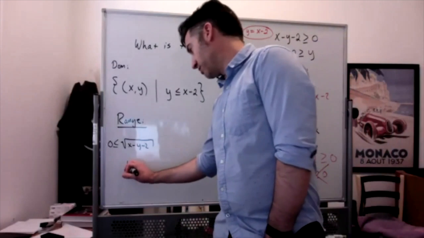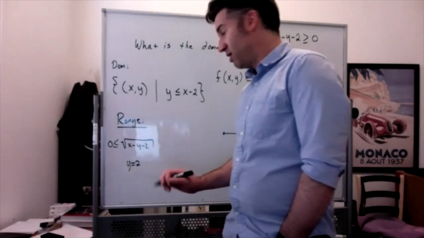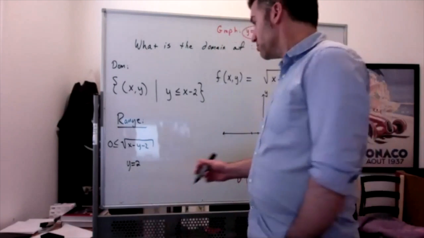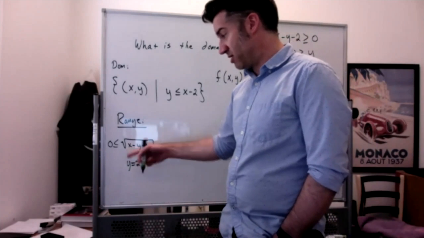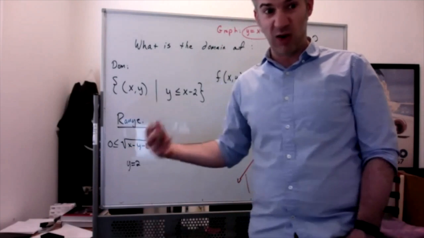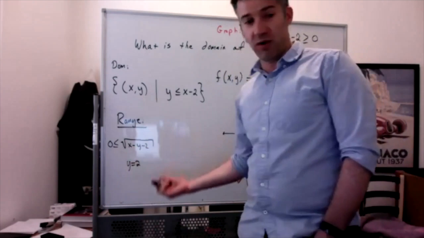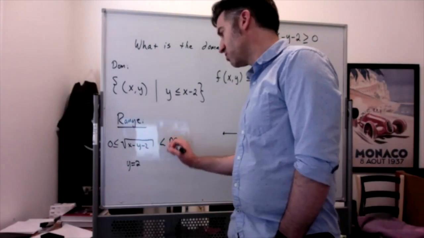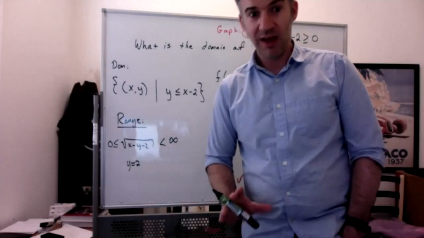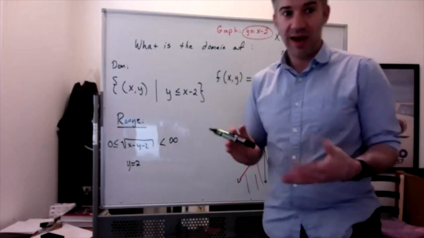So if I said y was equal to 2, for example, then x could be anything. So if x is anything, then, well, certainly, right, I just got the square root of x at that point. As x gets bigger and bigger, the square root of x also gets bigger and bigger. So a lot of this range stuff specifically is kind of asking yourself, okay, what can I do